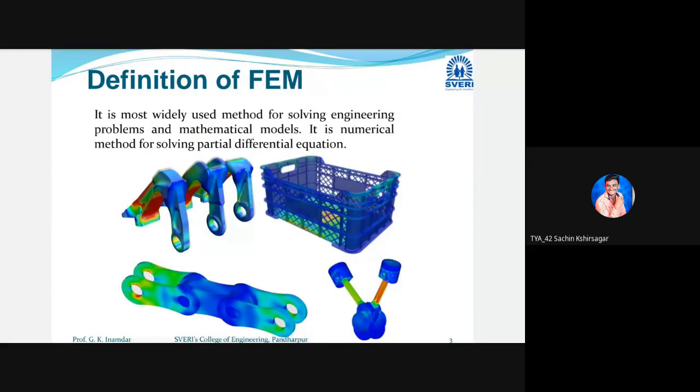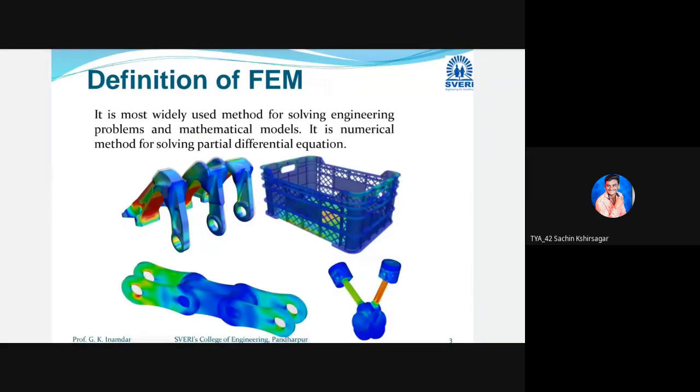To use the maximum automation, by using different software. In the previous decade, when software was not present, the analysis part took a lot of time. This was also time consuming. But by using different software, different FEM analysis, we can analyze within a fraction of a second. Also, we can analyze any component, any object, any machine within a fraction of a second. This is also the importance and the advantage of this software.